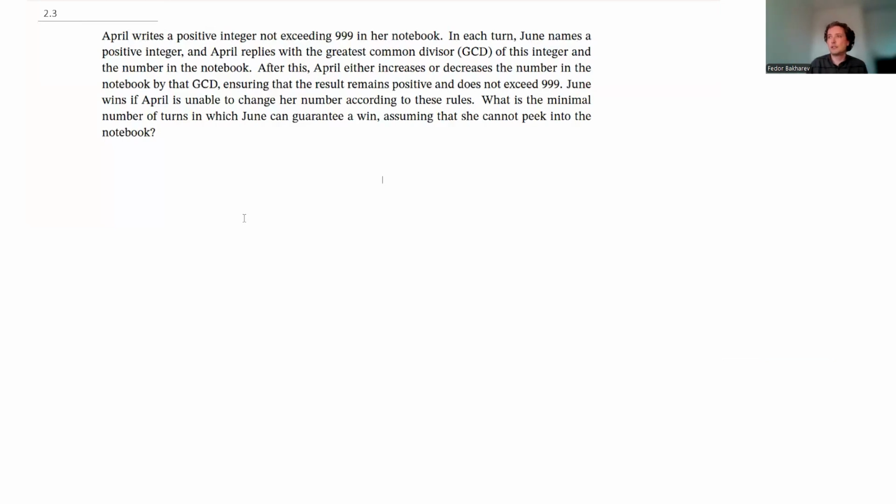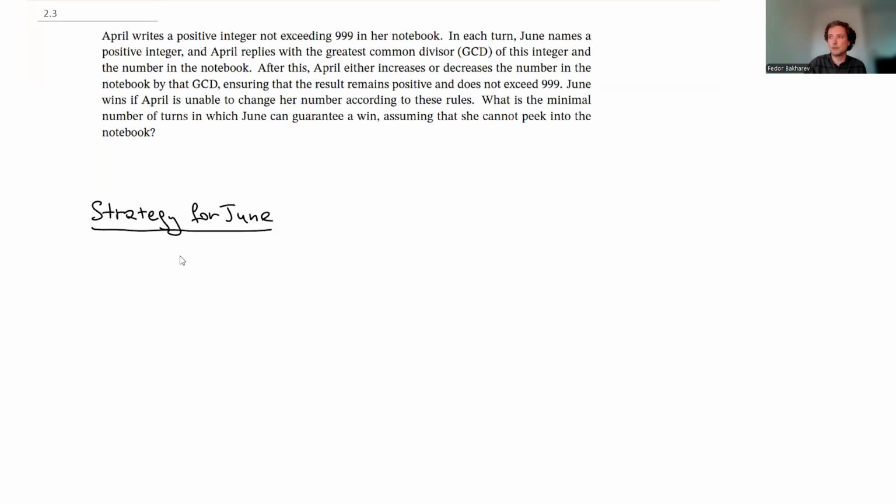And there are different strategies. I know, for example, one of the strategies for June is the following: to tell April a number which is divisible by all numbers in the range from 1 to